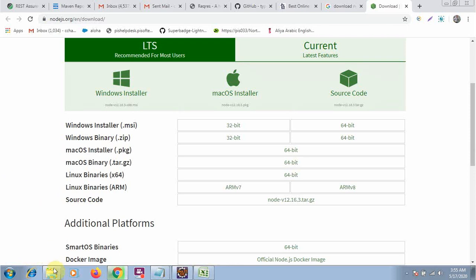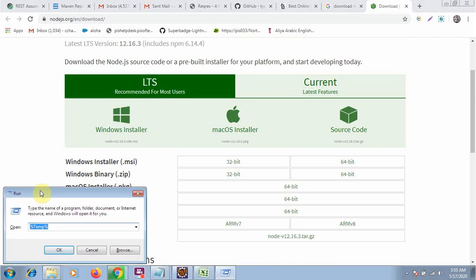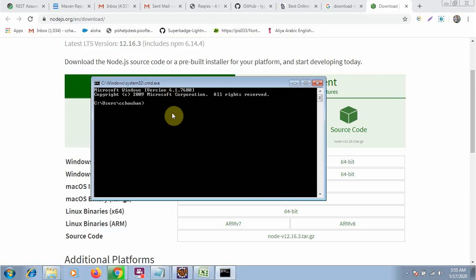Then, like a simple software, you can just double click on it and click on the next button, and it will be installed on your PC. Once it has been installed, you can check whether it is installed or not. Just open cmd, the command prompt, and type the command npm -v. It will tell you the version you have.